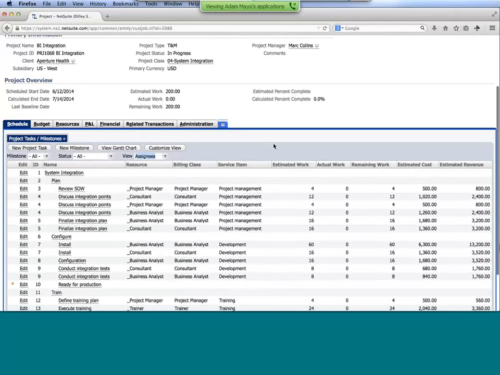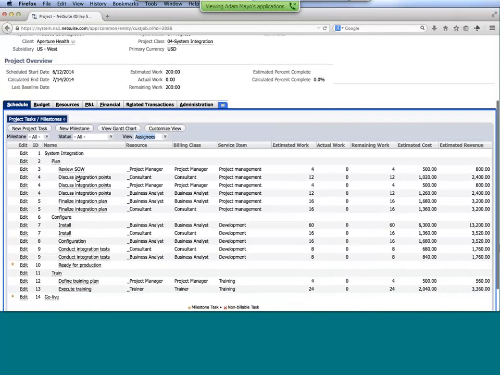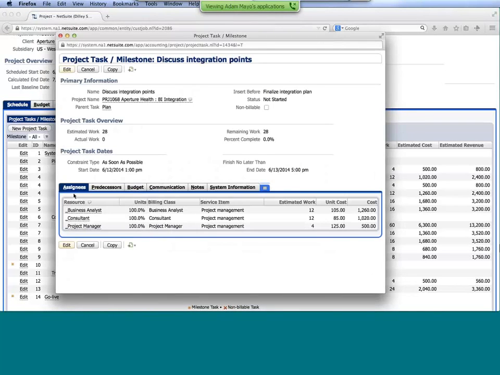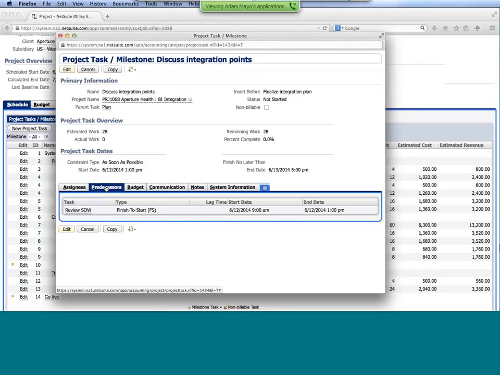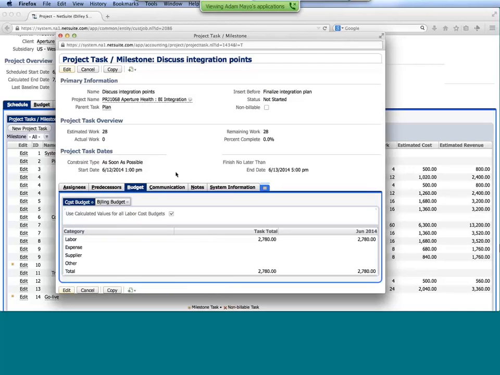I might want to see all the people that are assigned out to this particular project. And so for each of the tasks, I may have multiple resources. Currently, we're staffed at a generic level. I know I need a project manager, a business analyst, a consultant. I just don't know who yet, and we're going to get more into that in just a moment. But again, you can toggle through the different views as far as how that information is going to be displayed here. I can also click directly into the tasks and view some of those details. So within here, again, looking at the specific task assignments of who we're going to need. Right now it's at a generic level because we haven't actually staffed anybody. Looking at predecessor relationships that might have been set up. Being able to budget at the task level.